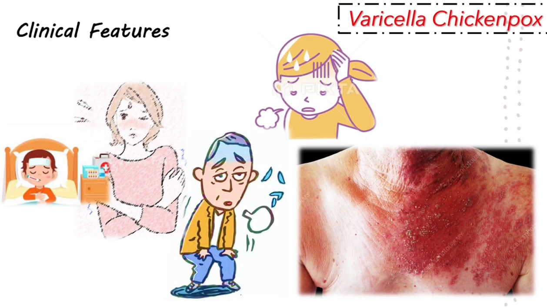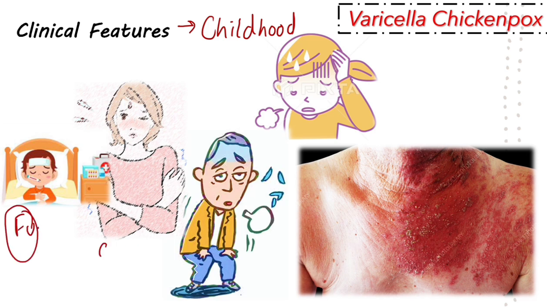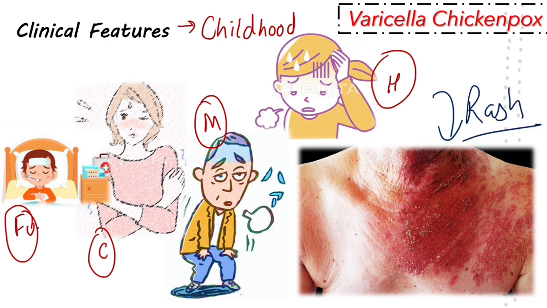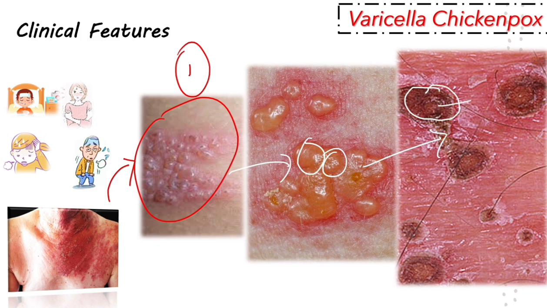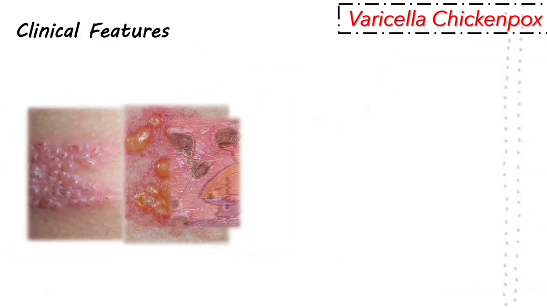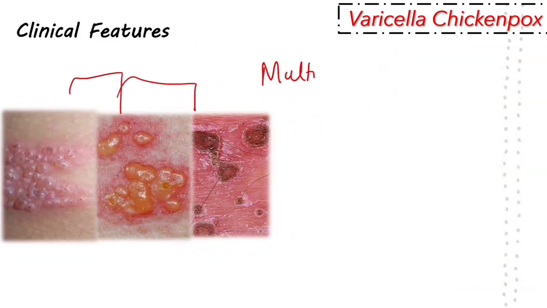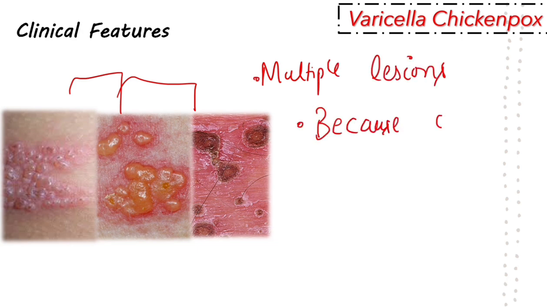Now, as we said, varicella typically manifests in childhood with symptoms including fever, chills, malaise, that is bodily discomfort, and headache. All these symptoms are accompanied by a rash, primarily affecting the pathway of the sensory nerve, which mostly involves the trunk, head and neck. The rash quickly progresses into vesicular eruptions. These vesicles become pustules, and these pustules finally break open to form ulcers. Now, successive crops of new lesions, or successive clusters of new lesions, appear in the body owing to repetitive waves of viremia, that is the infection of virus in multiple stages.